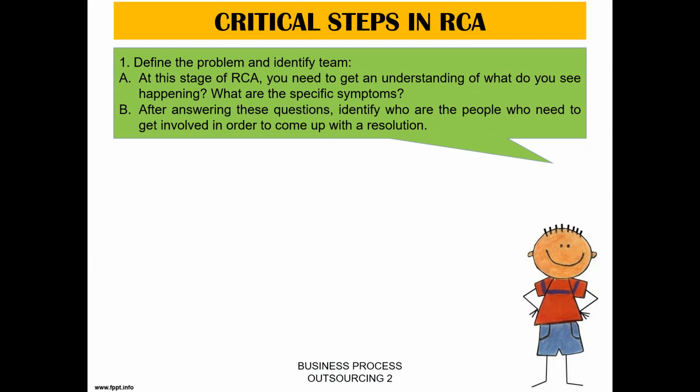At this stage of RCA, you need to get an understanding of what you see happening. What are the specific symptoms? So what, in your mind, is the reason I failed in SMP5? What did I do? Or what are the things I did not do? That's why I failed. What are the symptoms? You kept missing classes, the internet connection was slow. What else? You got depressed because you could not see your partner, you are so anxious